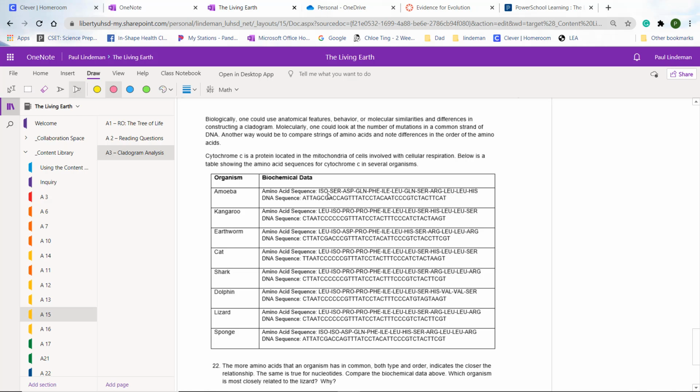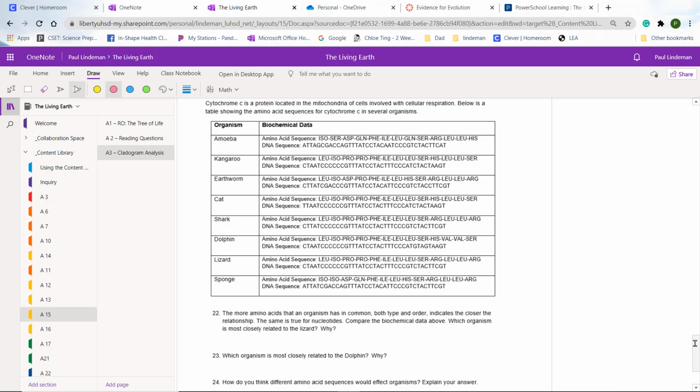So what we're going to do is look at these amino acid strands and see which ones are more closely related. That's going to show us an evolutionary relationship, because the more DNA they have in common, the more amino acids they have in common, the closer they're related. Cytochrome C is a protein located in the mitochondria of cells involved with cellular respiration. Below is a table showing the amino acid sequence for cytochrome C in several organisms. And the question is,